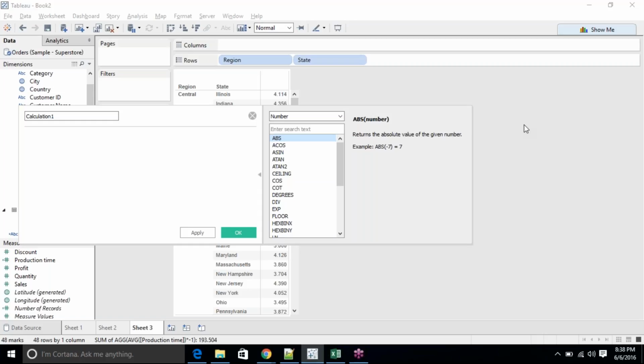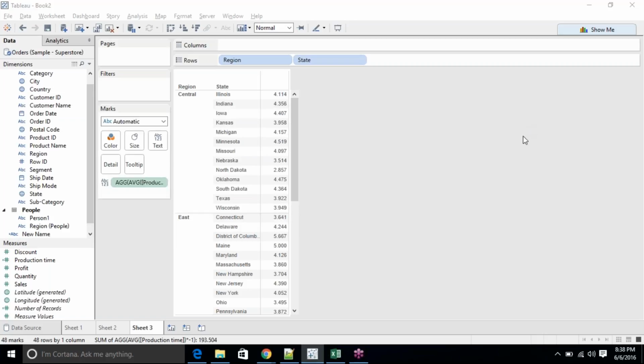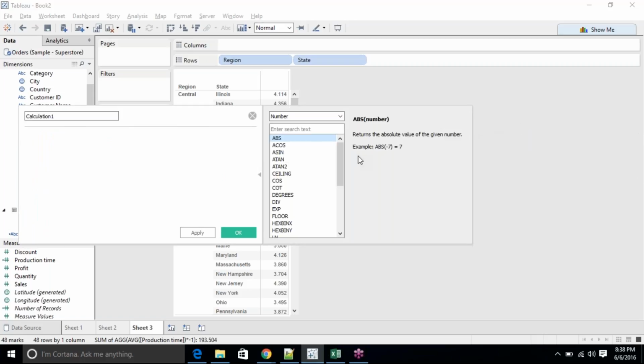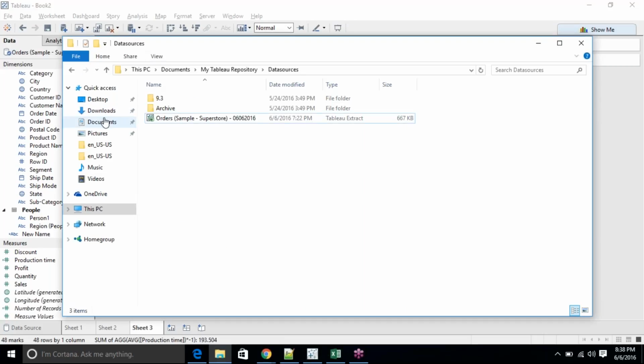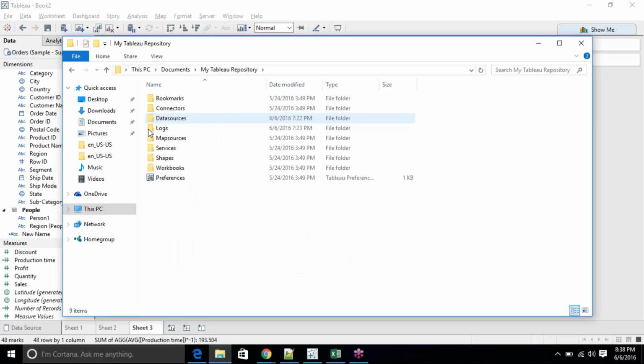When you are typing in the calculation, if you have an error, it shows at the bottom, but it shows only a syntax error, something like that. So how can we get the correct information, the exact error? Oh, okay. You can get more help from my Tableau repository